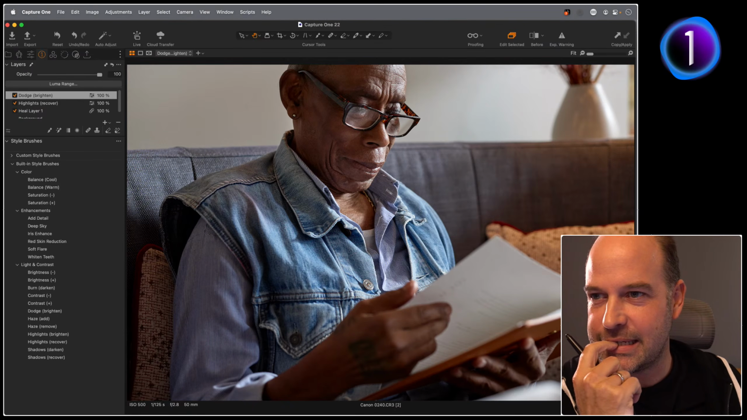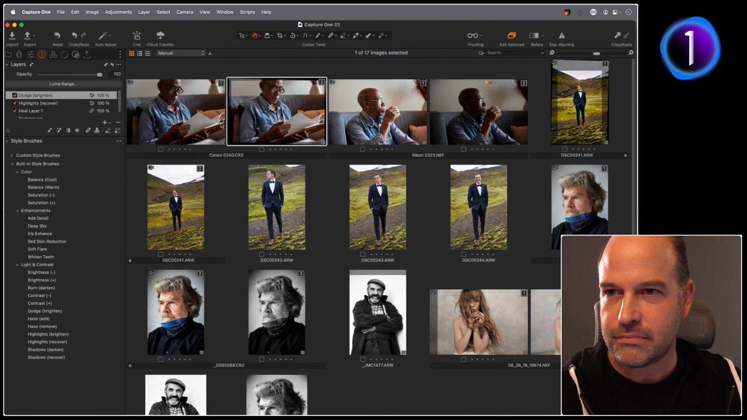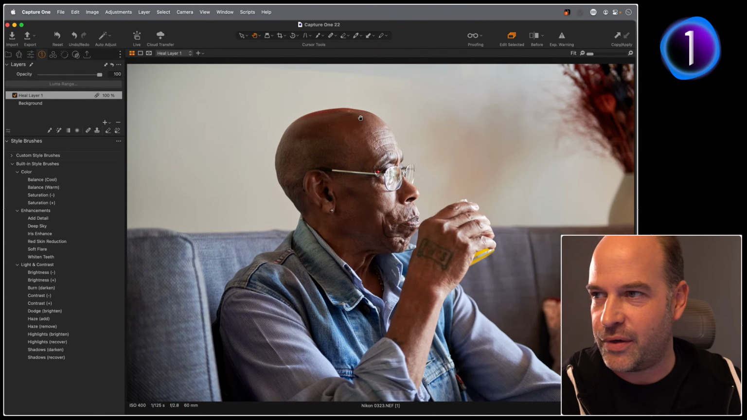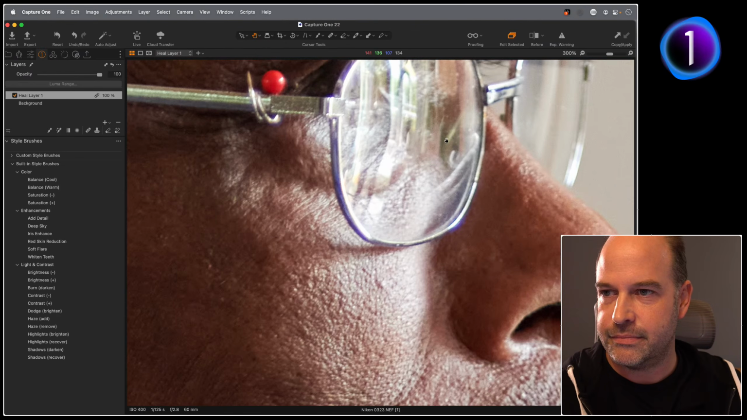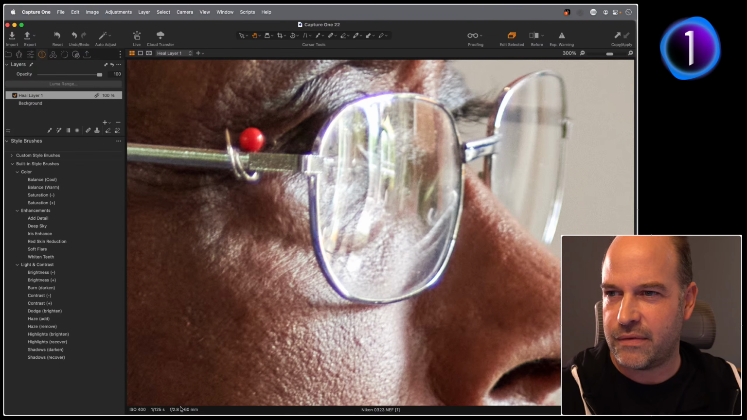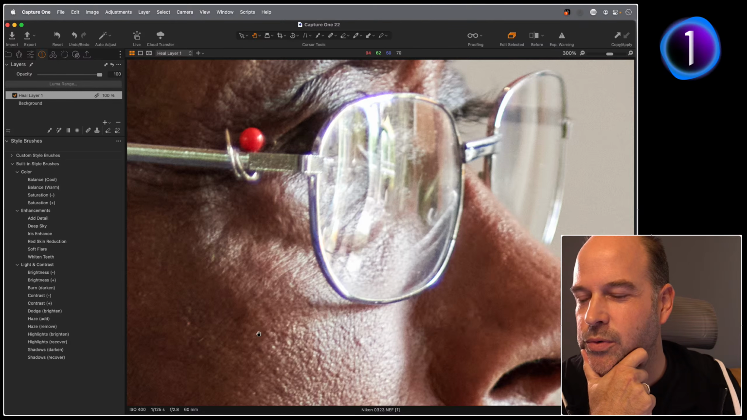Let's move on. I think that's a good starter for talking about exposure. Now this one, we're not going to do a full edit on this, but there was an interesting, if I zoom in. So this is shot fully open, I think, for this lens f2.8. It's a 70 to